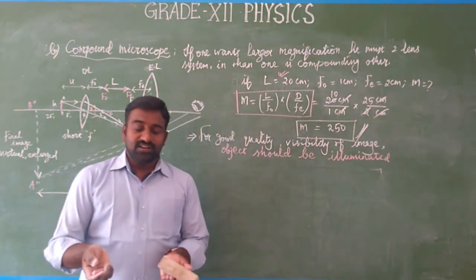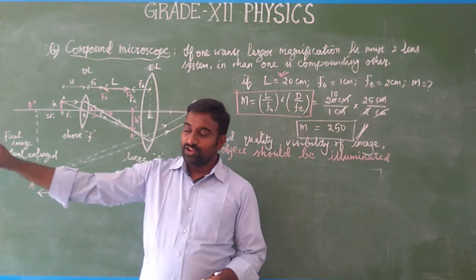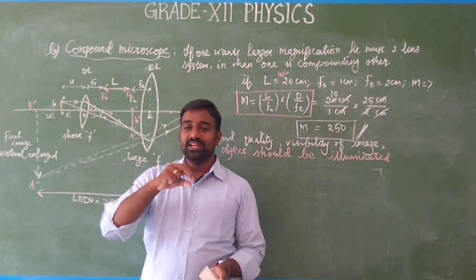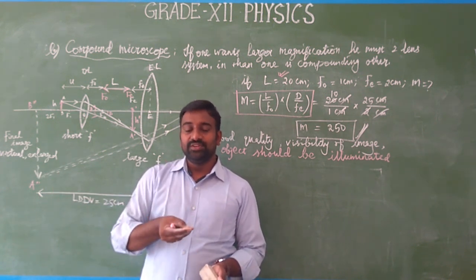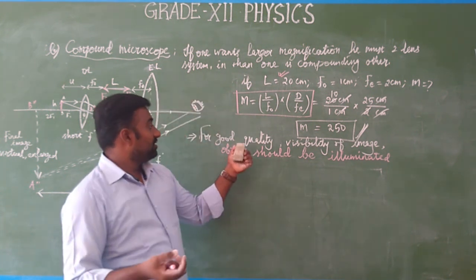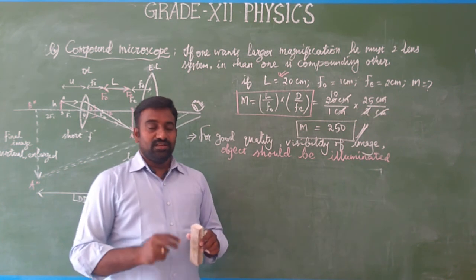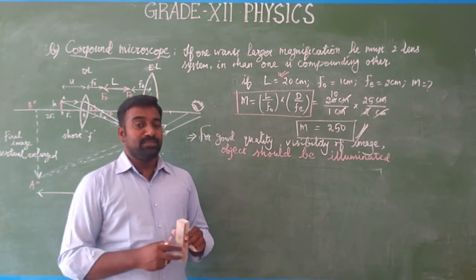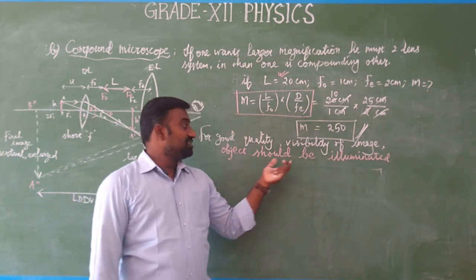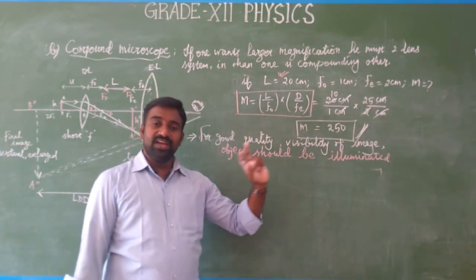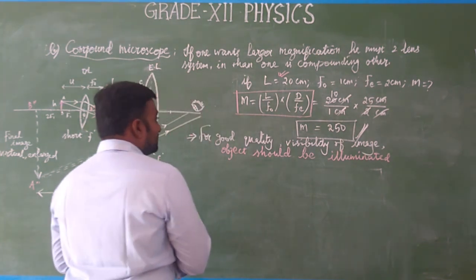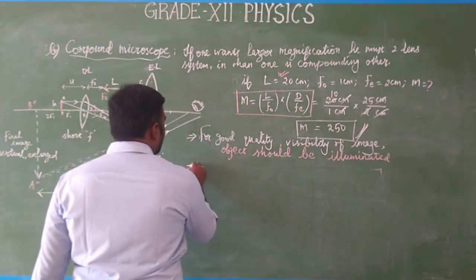So we'll keep a concave mirror at the bottom. The concave mirror faces the external light. Then it converges the light and passes it through the slide. Then from the side, through the objective lens and eye lens, it will be visualized clearly. Without light, we cannot get a clear image. So to get good quality and visibility of the image, the object must be illuminated by a suitable converging mirror. Then the second one, in modern microscopes,